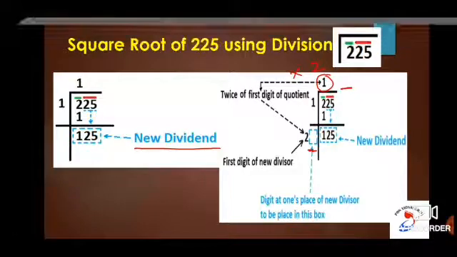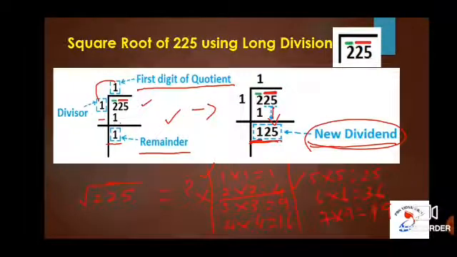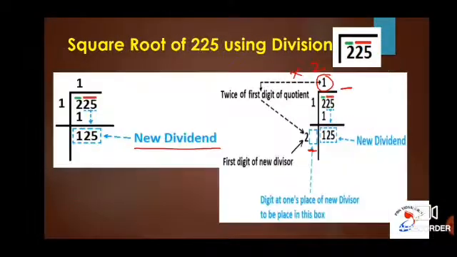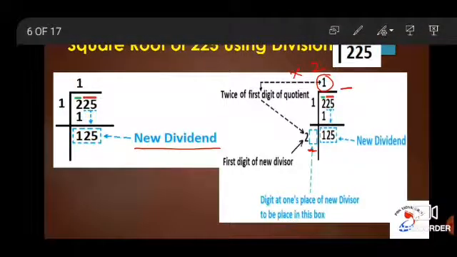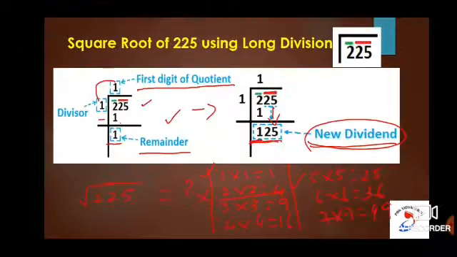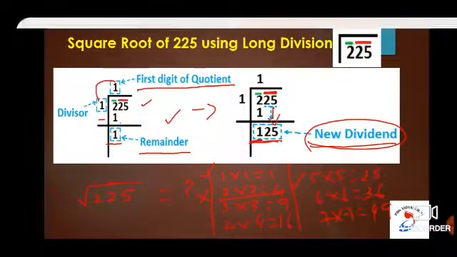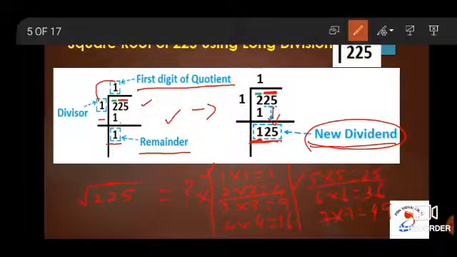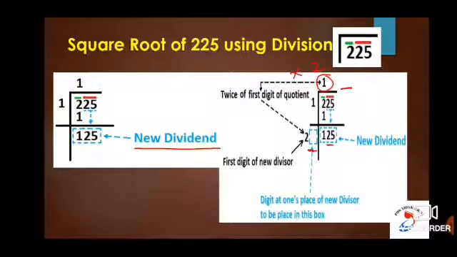As I have told you in the previous step, I have written the square table here. Now you have to check for the option. See the new dividend. The new dividend is ending with 5. So let us go to the previous slide to check which number is ending with 5. The only option which you can take here is 5 into 5 is equal to 25. Let us now place the number 5 in the blue color box.